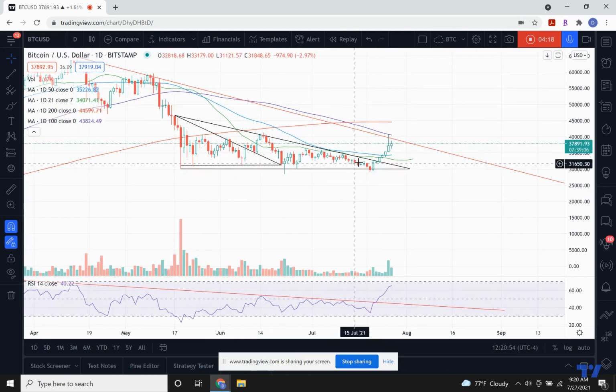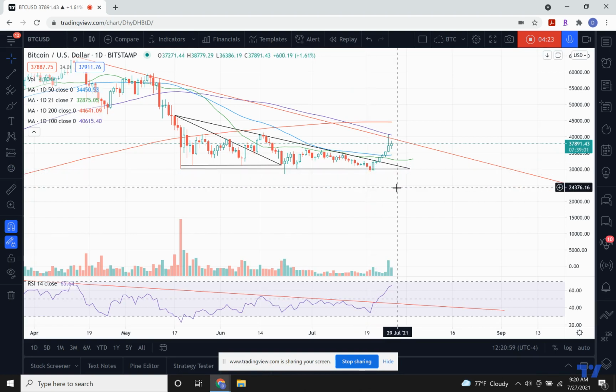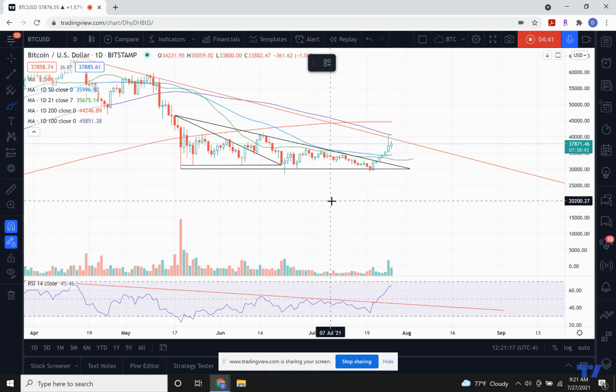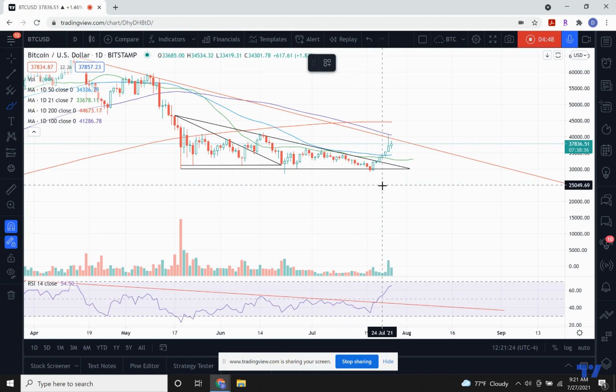First off, when this distribution ended, there was only about $2,000 worth of selling where the schematic ended. So there wasn't much selling. The volume was very low. So it could be there were no sellers. That's quite possible. But what happened next was the part that I don't agree on as a show of strength, because if I was to do a Wyckoff accumulation in the spring, I would be trying to gather as much spot Bitcoin as I could, as low as I could, and then take it higher.